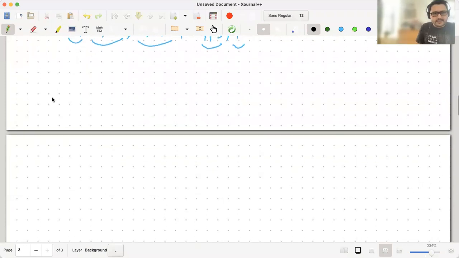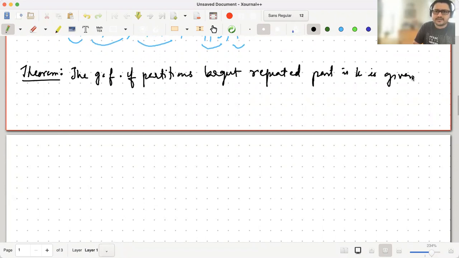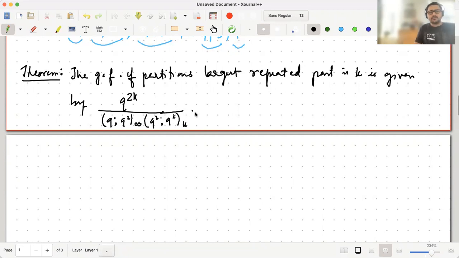so let's come back to more generating functions for partitions, and we have a theorem now. The generating function of partitions where the largest repeated part is k is given by a very simple formula: q raised to the power 2k over (q^2; q^2)_infinity and (q^2; q^2)_k. Okay, so we want to prove this,